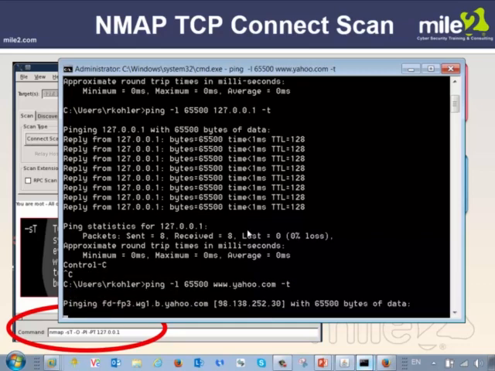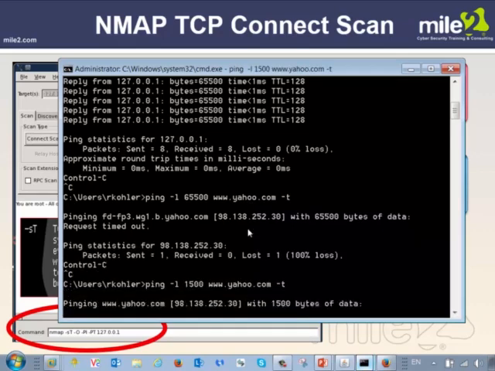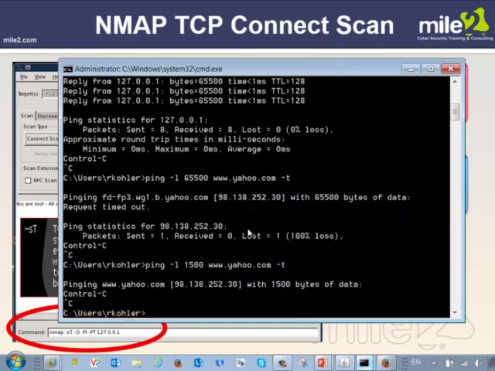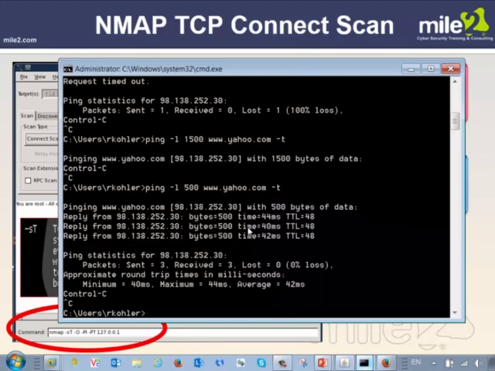And what you'll notice here, it's coming back with nothing, timed out, right? However, if I went in and I tried something like 1500 even, you'll notice we're still not getting any replies. So let's try something a little bit lower. How about 500? And you notice here we're actually getting 500 back. So that basically tells us that between 1,500 and 500 bytes is what's allowable on the yahoo.com site when we're